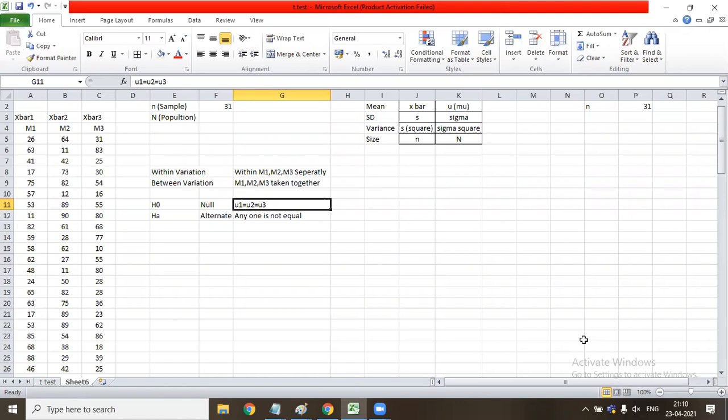Guys, I'm audible? Yes, sir. So yes, whatever experiment we do, we collect the sample, but we try to estimate the population, and we think about the population only, whether the sample population is the same or not. If I need to evaluate a sample, I can simply take the sample mean and say whether they're equal or not. But I need to estimate the population. With me, anybody, any doubt?